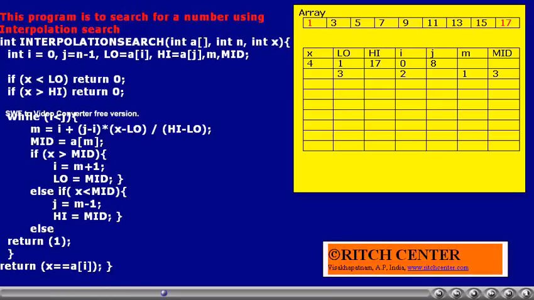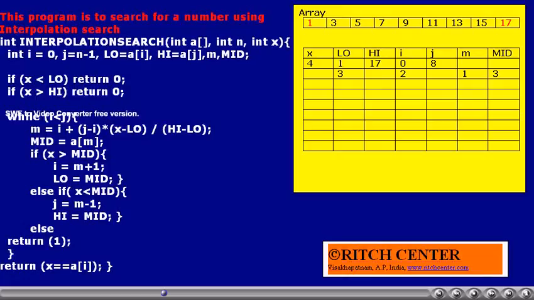Now for the same data, let us assume that the search element x is 4. As usual, we will predict the probable location of 4 in the data by the interpolation technique. So m becomes 1, mid value is 3. So if we compare, is x the same as mid?